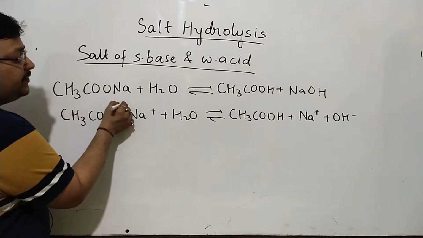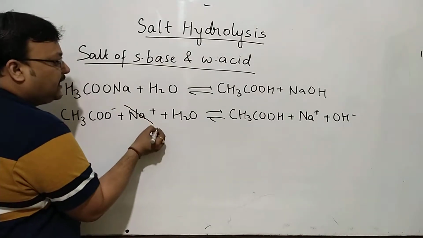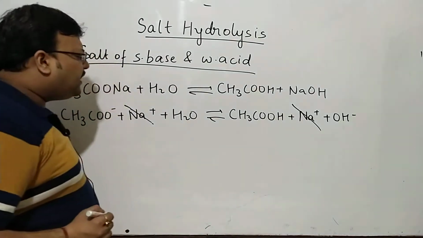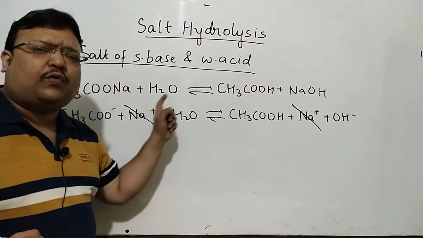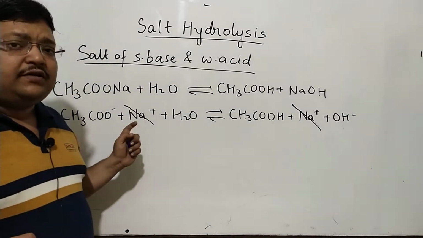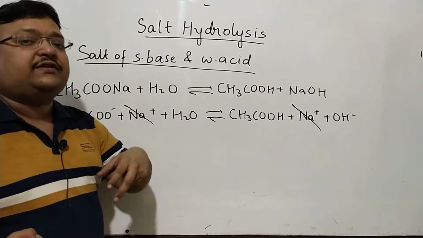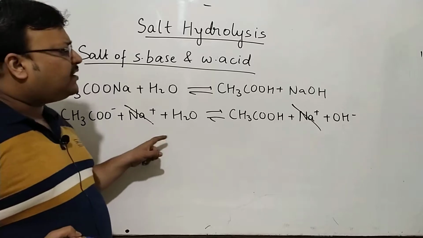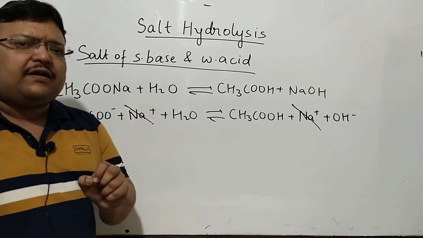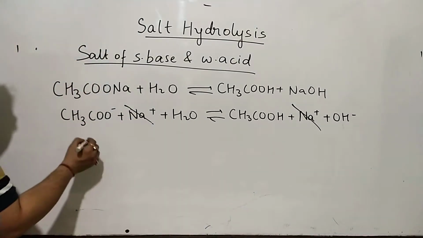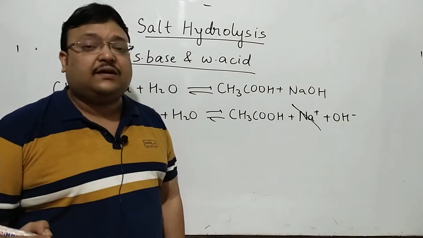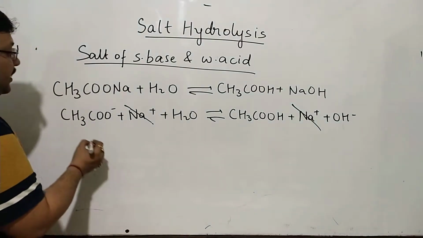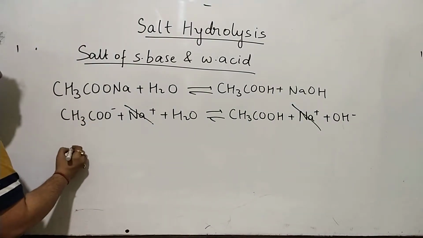Naturally, Na plus will get cancelled. And I told you in the past, every time you cancel something on either side of inequality or reversibility, जिसको cancel करते हैं मतलब उसके अंदर में कोई change नहीं हो रहा है. पहले भी Na plus था, अभी भी Na plus है. And right away, it will look like a case of anionic hydrolysis. Remember, in the first case, strong acid weak base, it was cationic hydrolysis. Here you will see it's a case of anionic hydrolysis.